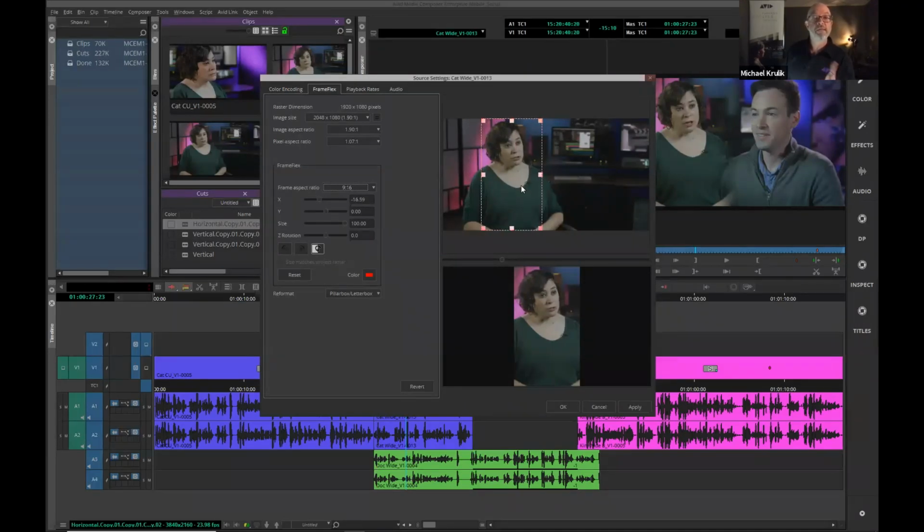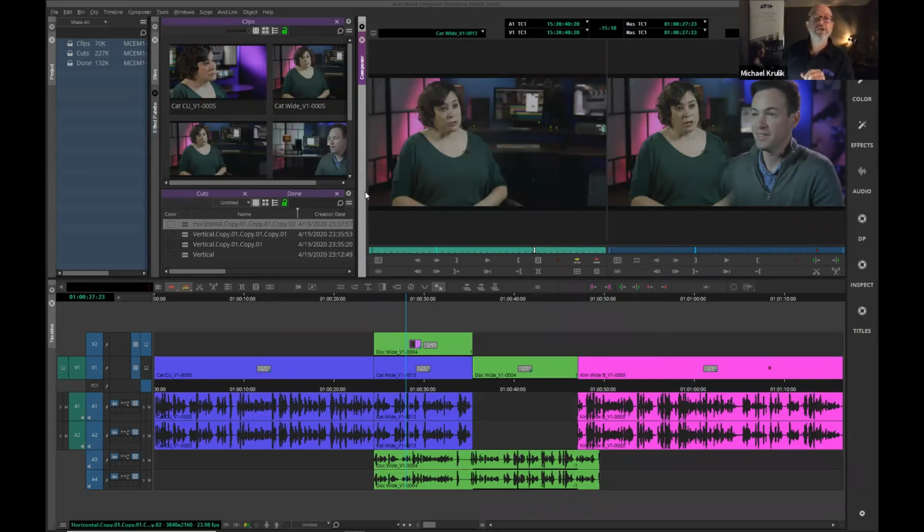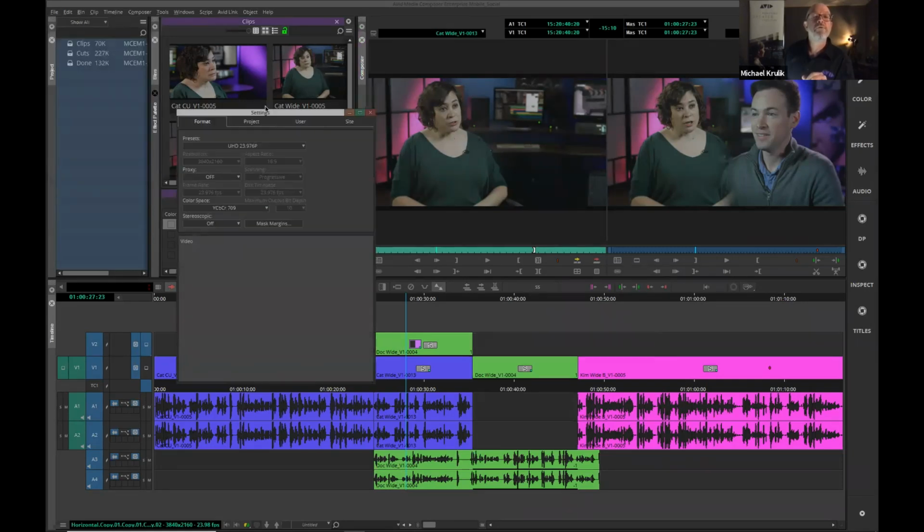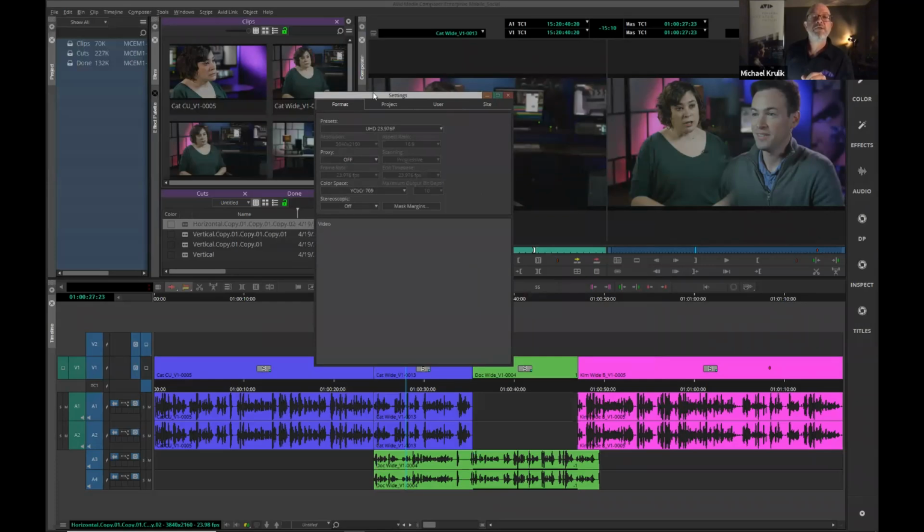If I want to edit using this way, I can actually move this and animate it so I can get my subject in frame. Or I can go in and turn on the new mask margin, which also uses that same control for 9:16. So if you go to your settings and your format tab, and I go to mask margins, you'll see that there is a new 9:16 setup or preset